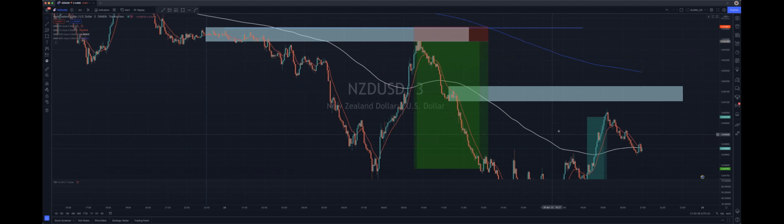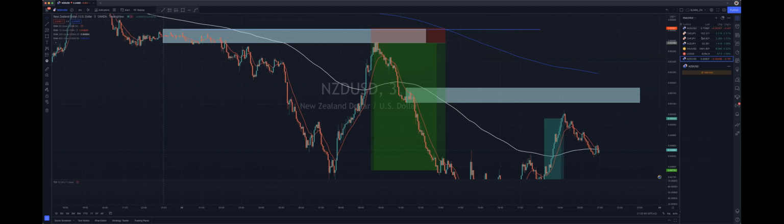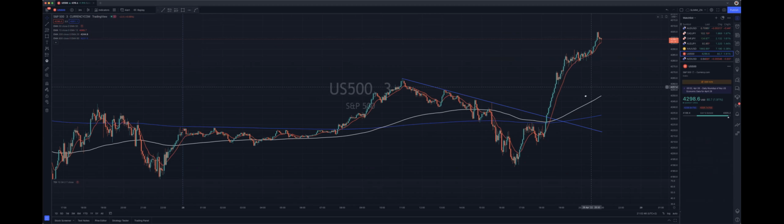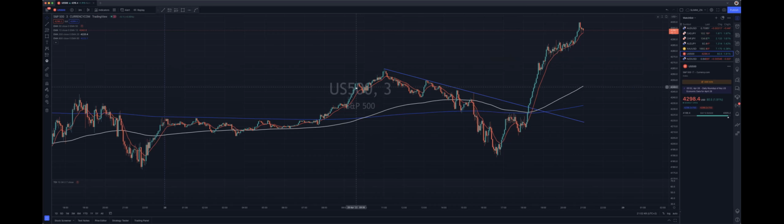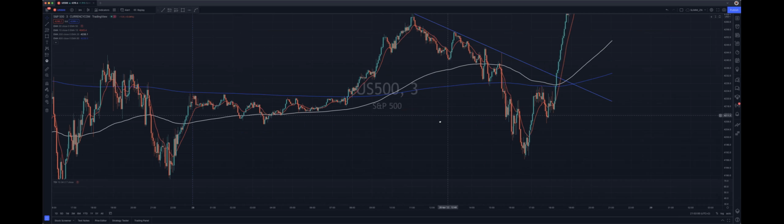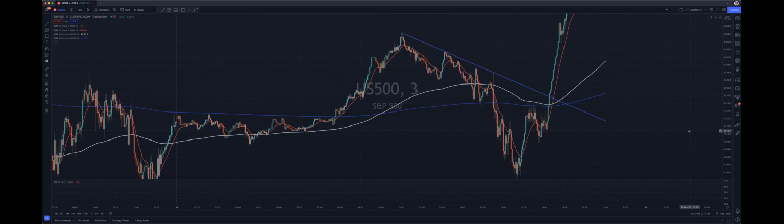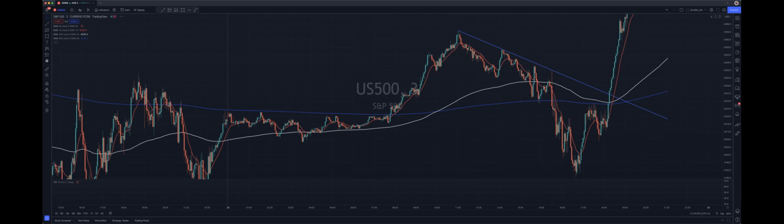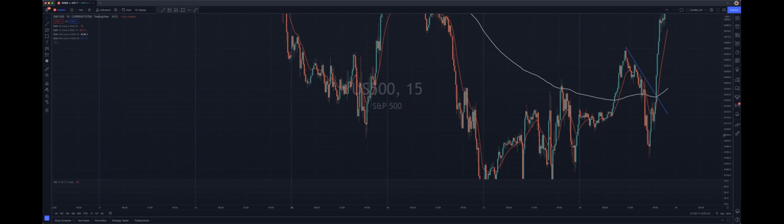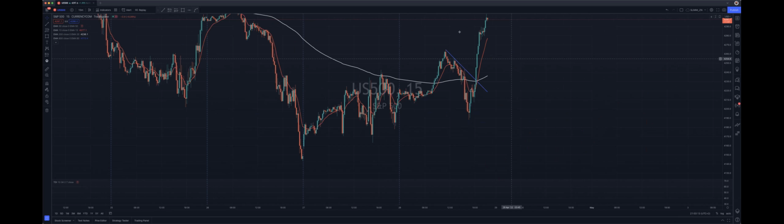So this was NU for today. The other assets I'm going to look at, I'm going to quickly look at US 500. The way I was looking at it in the morning, didn't really get much of a good trade in the morning. Okay, this was Asian. So I'm going to try to make it clear for everyone and explain it the best way I can, so that all you have to do is back test. Okay, so we're just going to start with M15 so that we can pinpoint where our high was, where our sessions were. So you know at this bottom now,